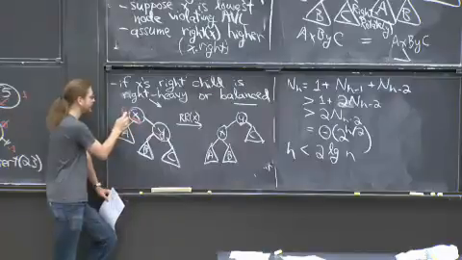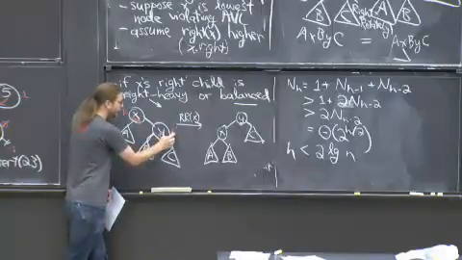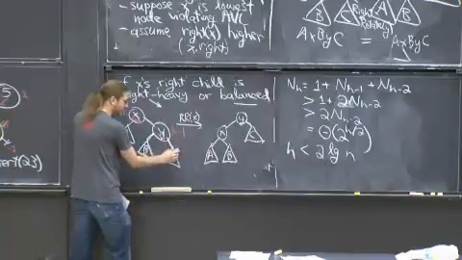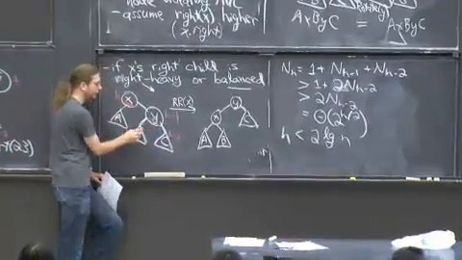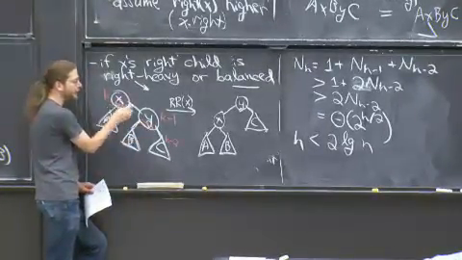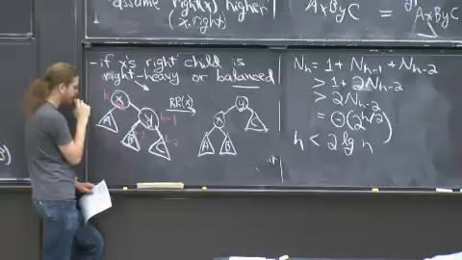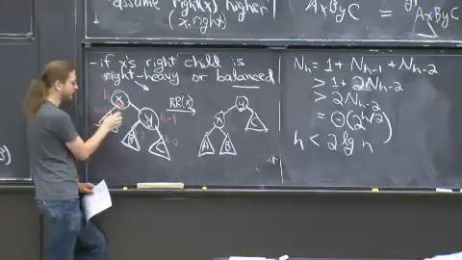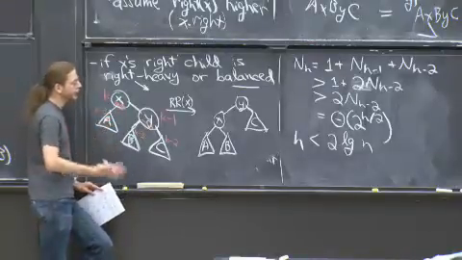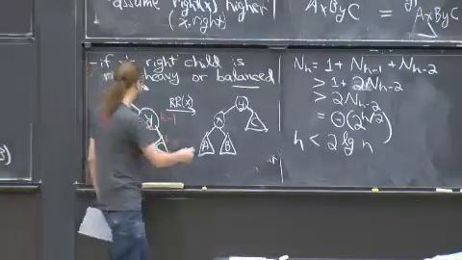So let's suppose x has height k. That's pretty generic. And it's right heavy, so that means y has height k minus 1. And then this is right heavy, so this has height k minus 2. And this is something smaller than k minus 2. In fact, because we assumed x was the lowest node that's not AVL, y is AVL. And so this is going to be k minus 3. And this is going to be k minus 3 because these differ by 2. You can prove by a simple induction you never get more than 2 out of whack, because we're just adding 1 to an off by 1. So we get off by 2. So this is the bad situation. Now we can just update the heights over here.